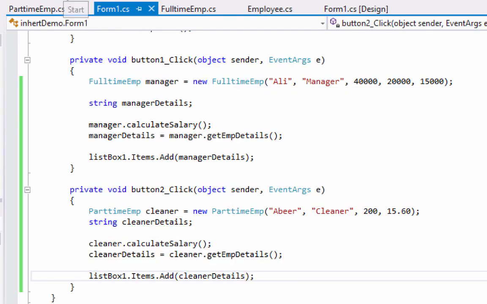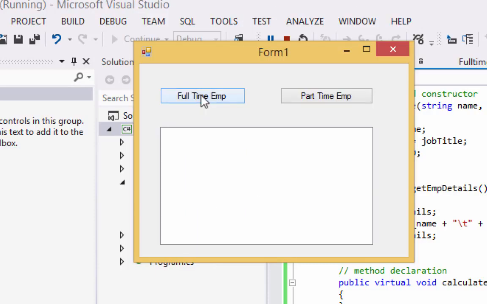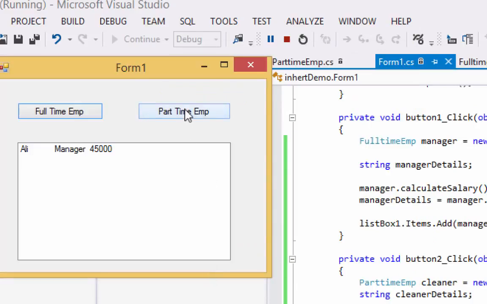Let us try to execute and see this. When you click on the full-time employee, you can see the lead manager and his salary is 45,000, and for the part-time employee Abir, who is a cleaner, his salary is